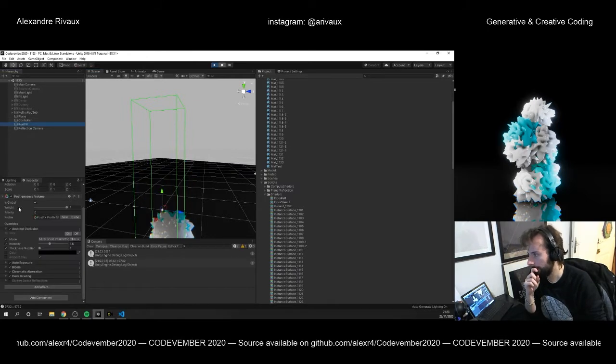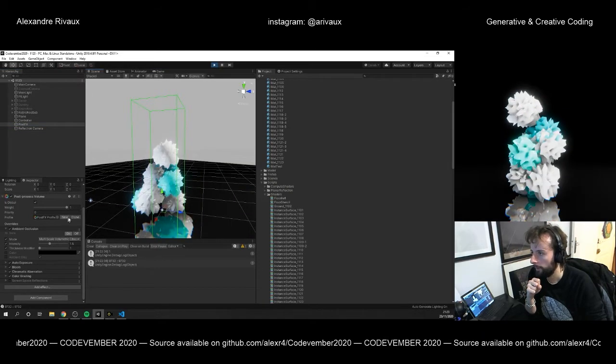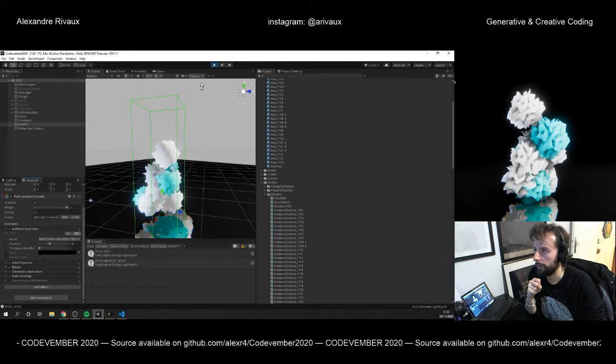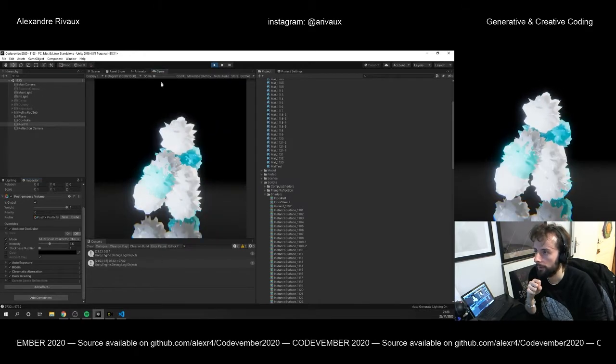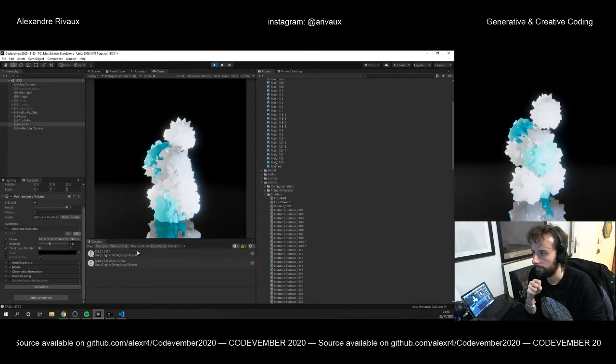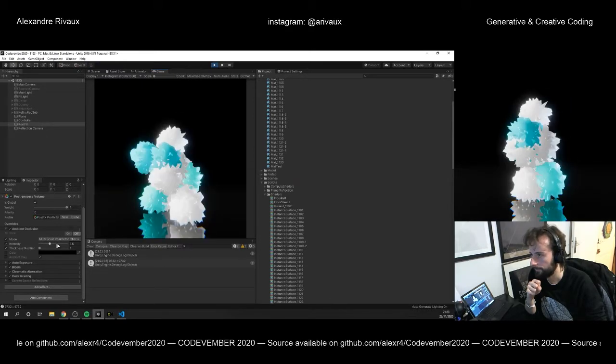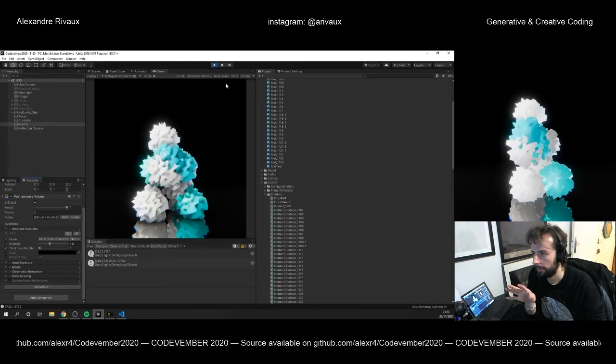If I disable the ambient occlusion, okay, go back here, you will see what I mean. Without the ambient occlusion, now we clearly have a lighting problem. With it, it's kind of good. Okay,